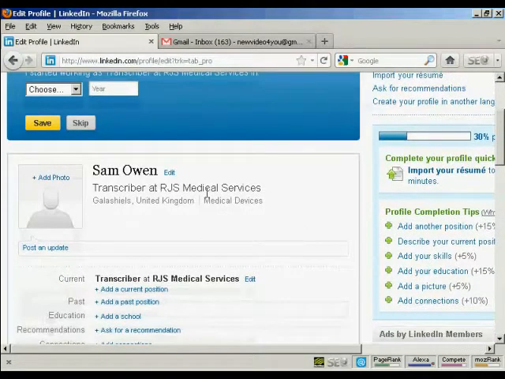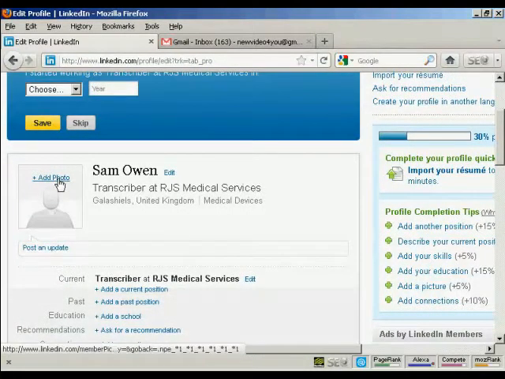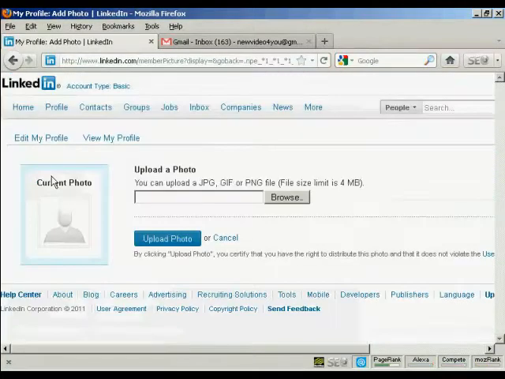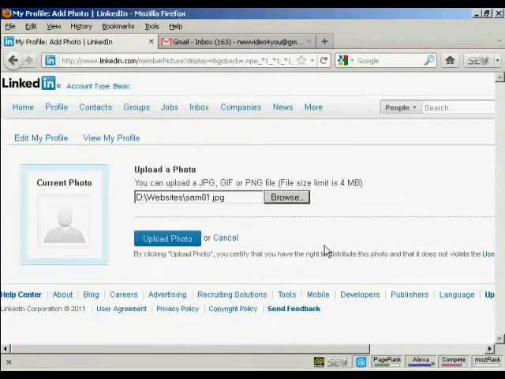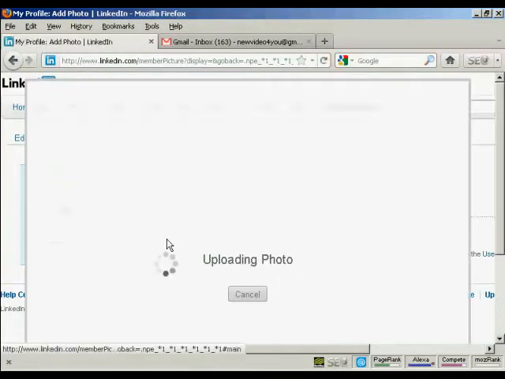First thing you want to do is to add your photo, and this should be a professional looking photo. You don't want to have a snap that was taken at the Christmas party or anything like that. You want to have a nice looking photo. So let's just upload a photo here. I'm going to click on add photo, and then I can upload it from my computer. So click here on browse, and this is the photo I'm going to upload, sam01.jpg. So click on open, and then click on upload photo,